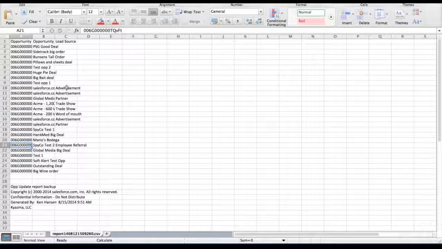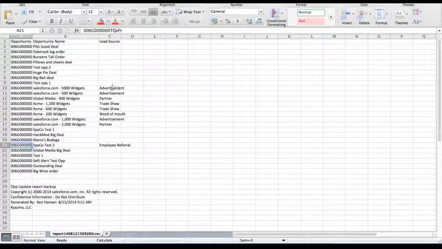There it is. So here's my information, and here's my lead source right there. Let's say you need to update the lead source. So you make your changes here on each of these opportunities or on each of these records, whichever they might be. Once you've made that update